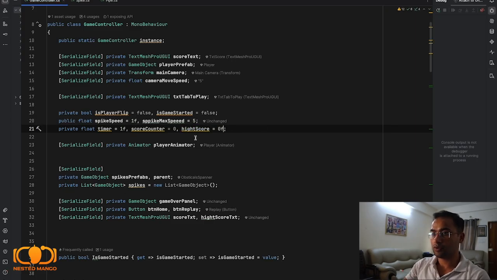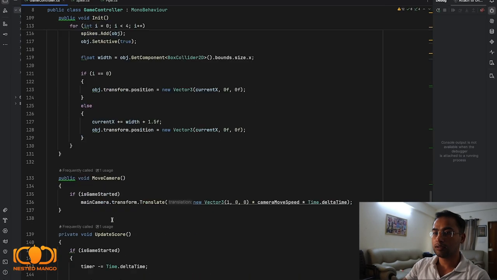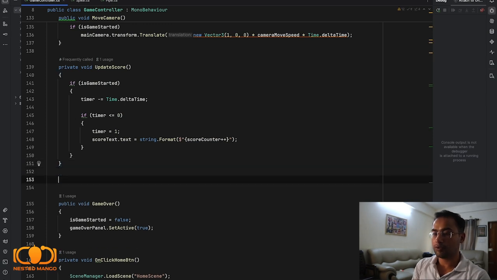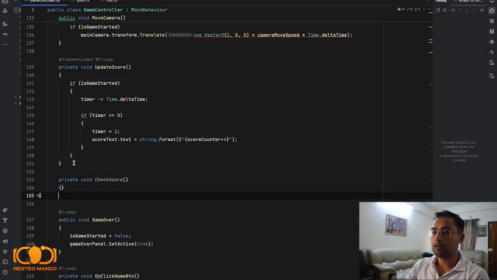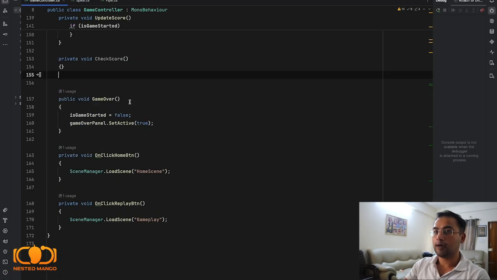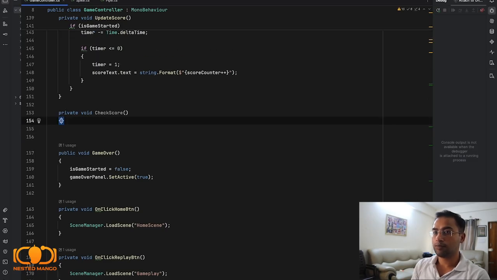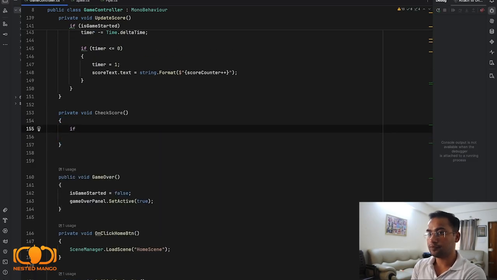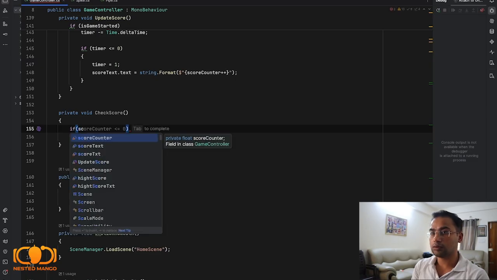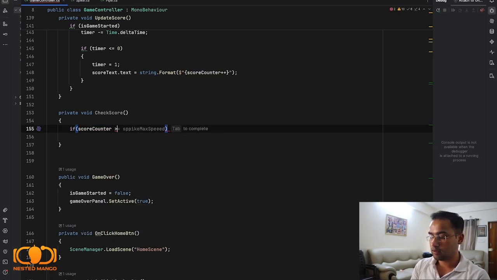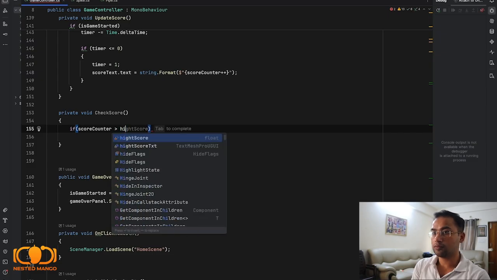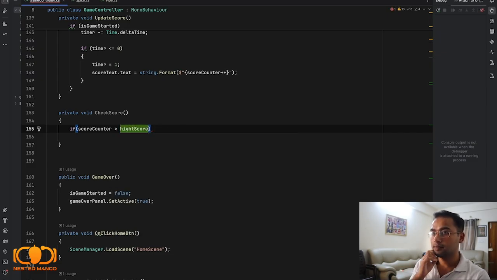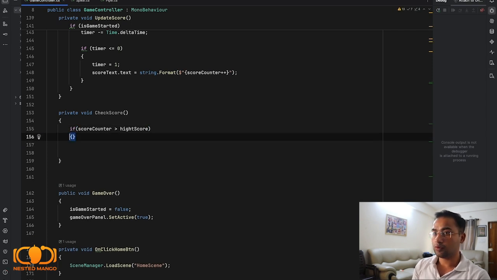and that will be initially 0. Okay, now we will make a function for updating score, private void check score. So first thing is that we'll simply say if score counter is greater than high score, high score, right? So score counter is greater than high score, then what we have to do,